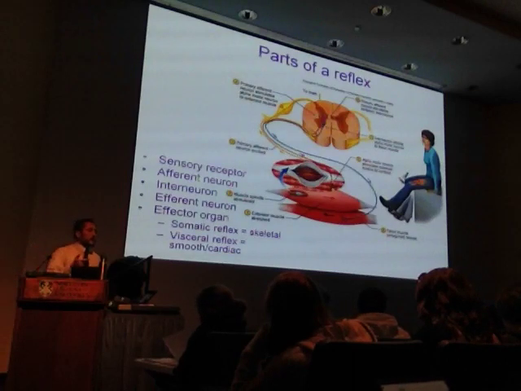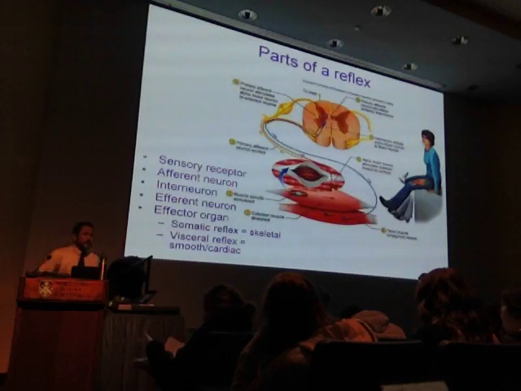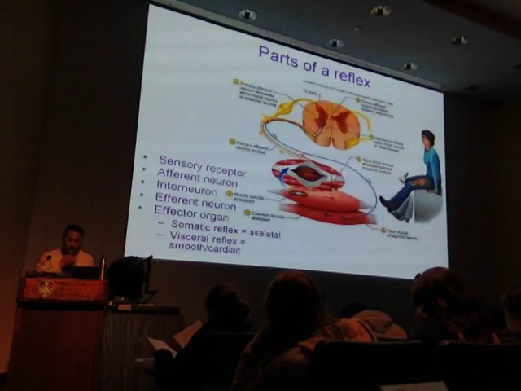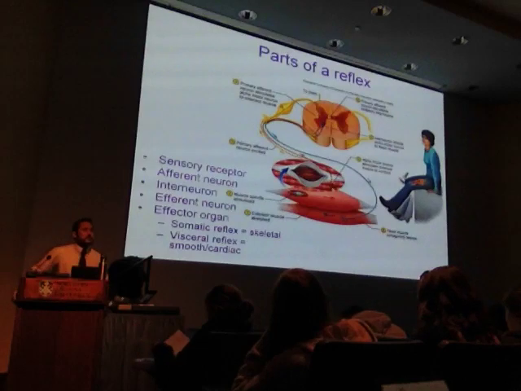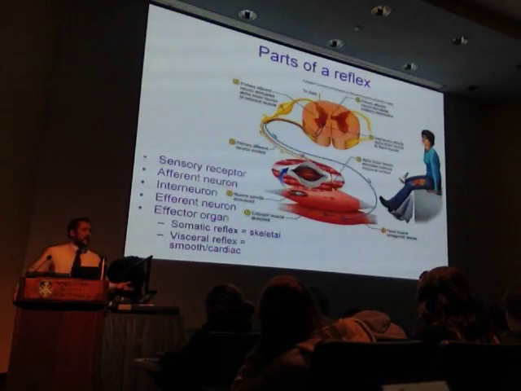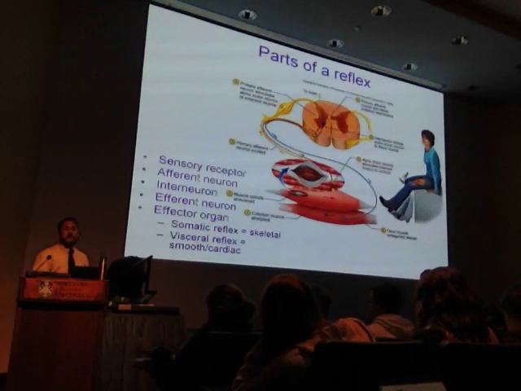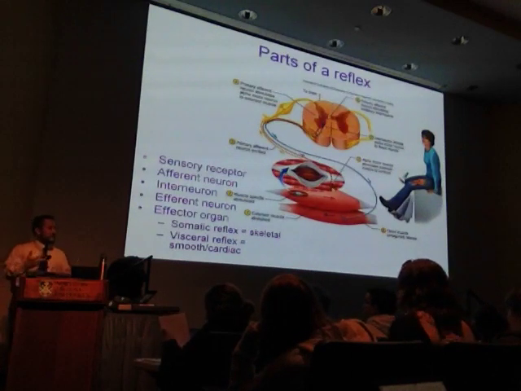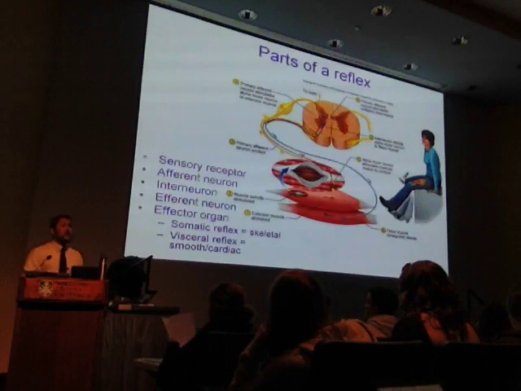Number 2, they're very quick or rapid. They don't take a long time. Number 3, they're involuntary. You do not have to think about them. They happen automatically or autonomically. And lastly, number 4, they need stimulation. There has to be an input in order for them to fire. You go to the doctor, they're checking your reflexes. They strike your knee with a mallet. That's the stimulus.